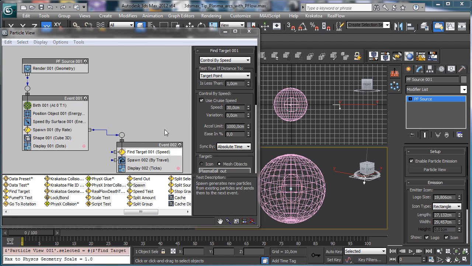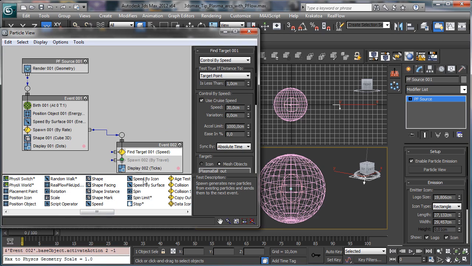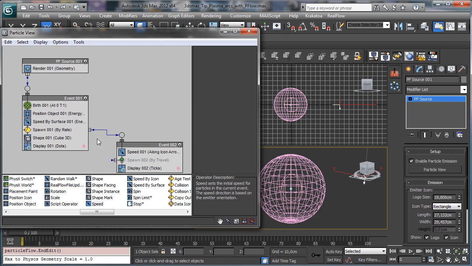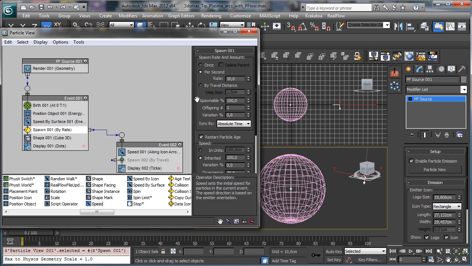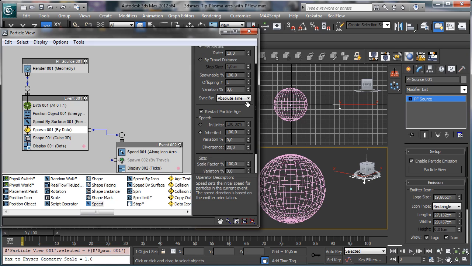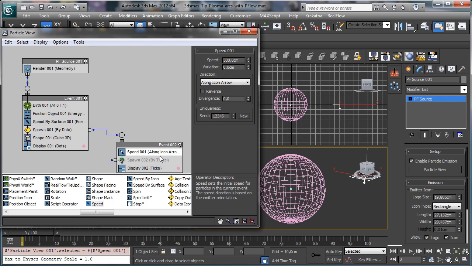But I'm thinking also to have a different setup. So we can go back to the speed one, that will be faster. So let's use the speed there. And we'll have there maybe 10. We can stay with this one, it's not so much. Let's say that we have a speed. And the speed will be, for example, we can use not so high speed. Let's imagine maybe 20 centimeters, and we have a long icon arrow, and we say instead to use a different